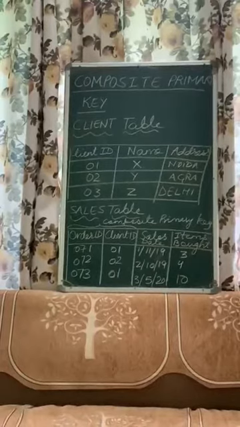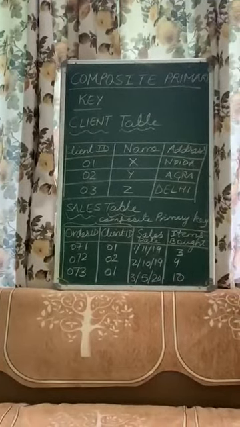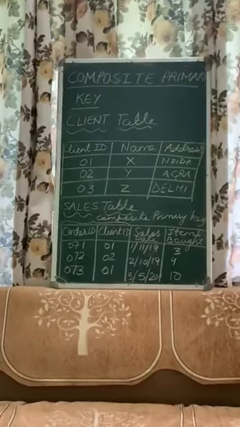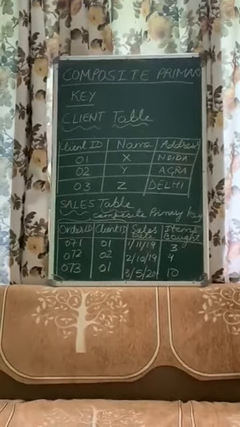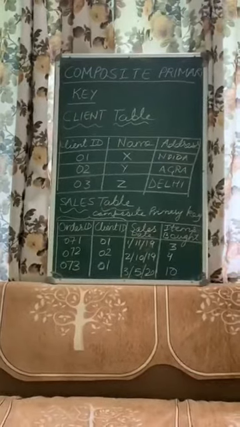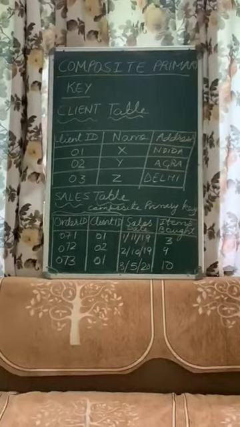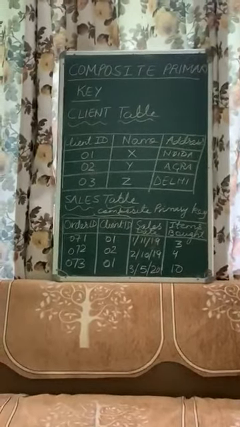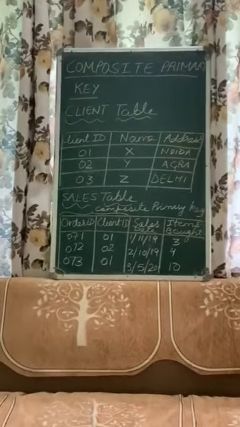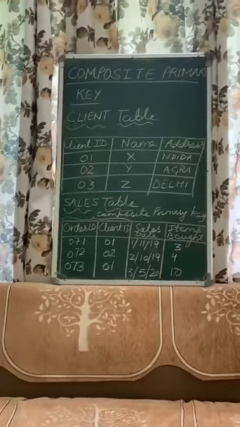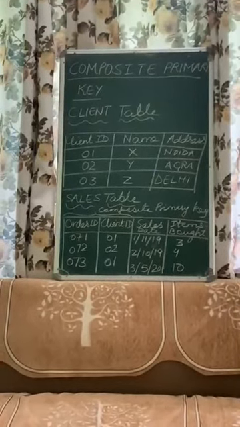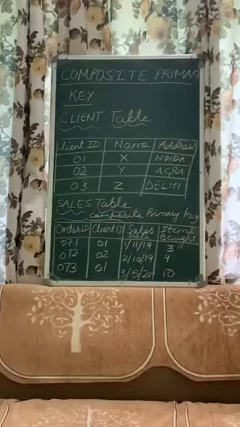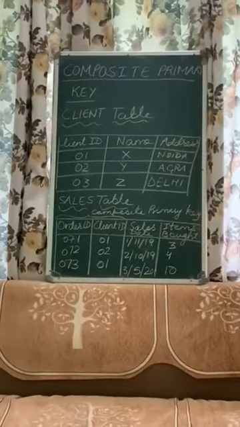Then you have the sales date, that when did the client make the order, the sales date. And items bought means here it is mentioned not the name of the item, instead the number of the items bought. So in the sales table you have order ID as the ID of the product that is being ordered by the client, the client ID, which client is making what order, then the sales date and the number of items bought by the particular client.